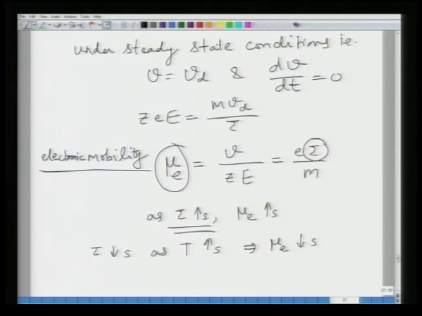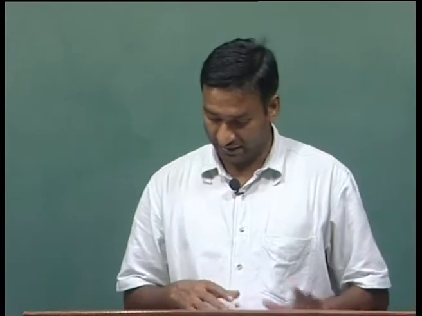Okay. And this relation goes as T to the power minus 3 by 2, and similarly tau decreases as impurity concentration increases. So, in a metallic system, as the temperature increases and as the impurity concentration increases, the relaxation time decreases. As a result, the electronic mobility decreases, and that is why in metallic systems what you see is that as you heat the solid, the conductivity goes down, because conductivity is proportional to the mobility.